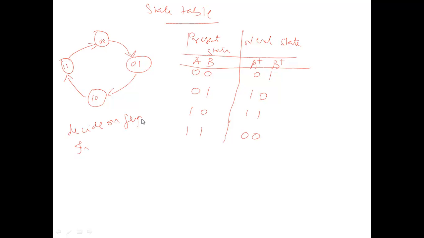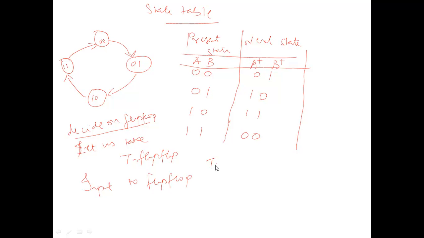So what flip-flop are we going to use for acting as a counter? Say, for example, let us start with a simple thing. Let us take T flip-flop for this example. So two flip-flops will be there, and we have to find the input to the flip-flops. There are two T flip-flops.